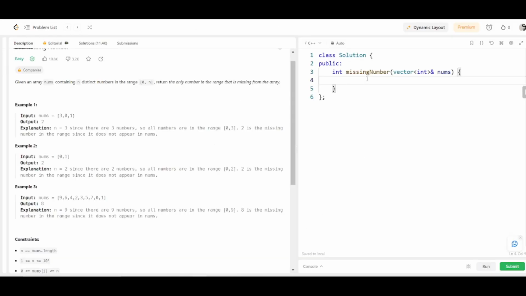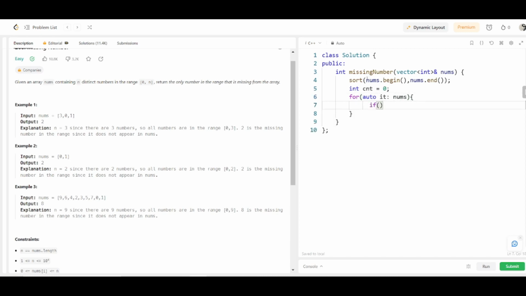So let's jump to the code implementation part. Let's sort this array. We'll use the inbuilt sorting function, that is nums.begin, nums.end. Take a count variable, initialize it with 0, and iterate over the numbers in the nums array. If there is a position where it does not match the count, then we return that count right from there. We are expecting at that position the number to be this count, but we do not find it,